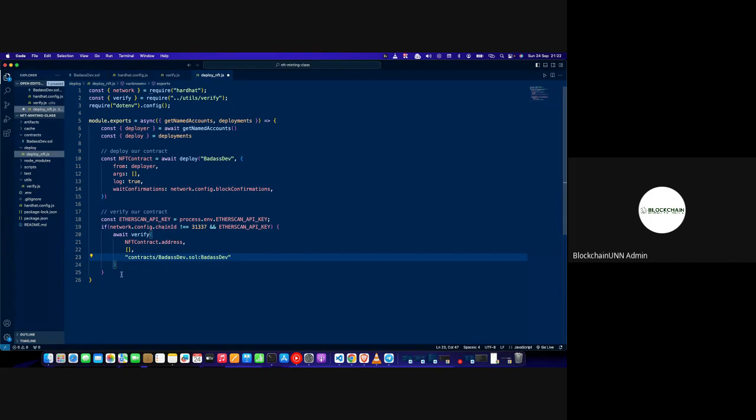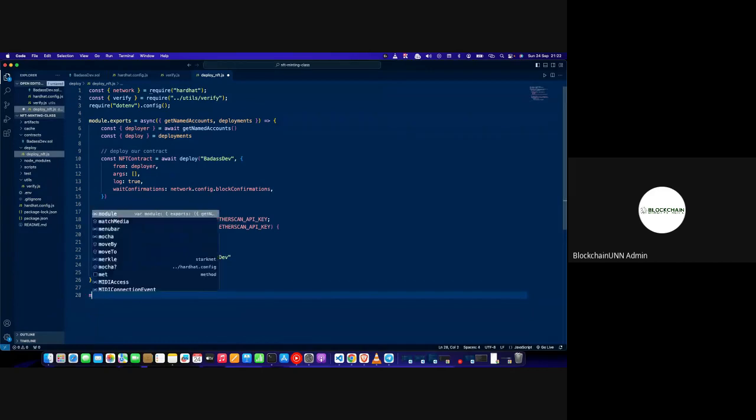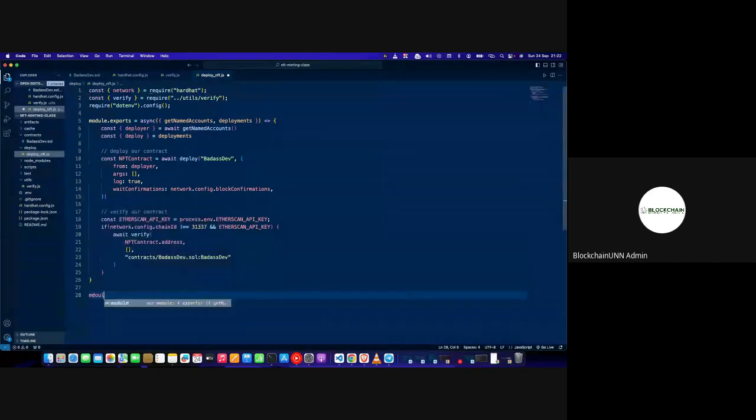All right. Now, having done this, we are done with our verification scripts. Is that not amazing? Finally, we're just going to do a little thing here. I'm going to export some tags. I'm going to say module.exports.tags equals